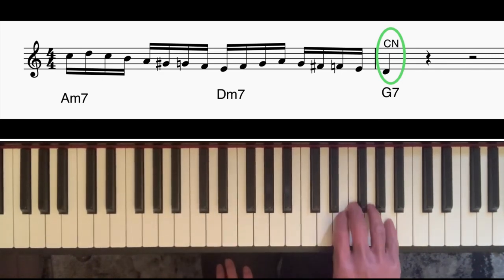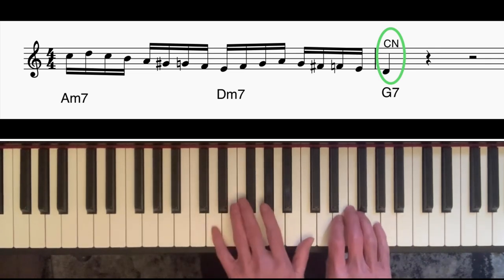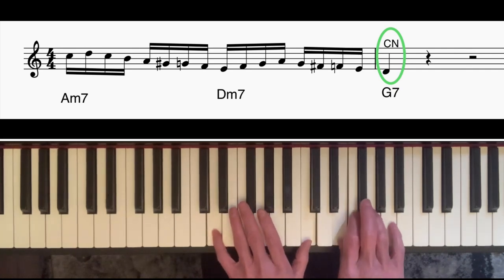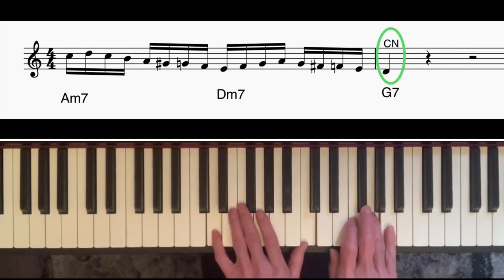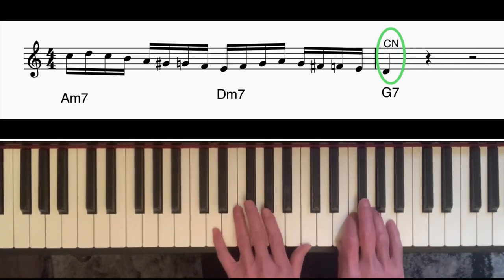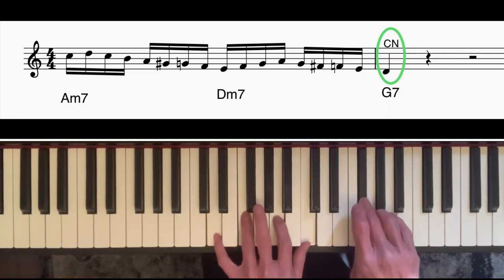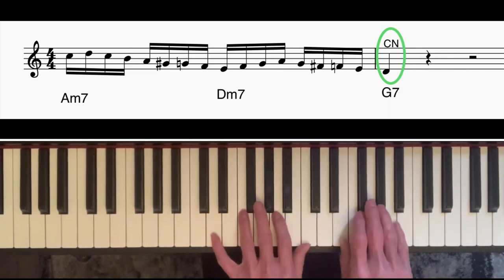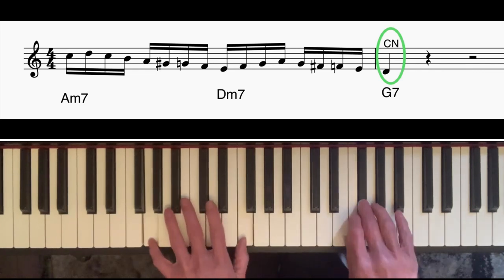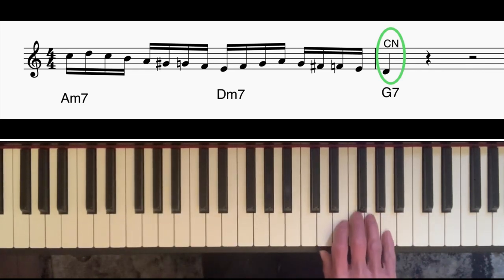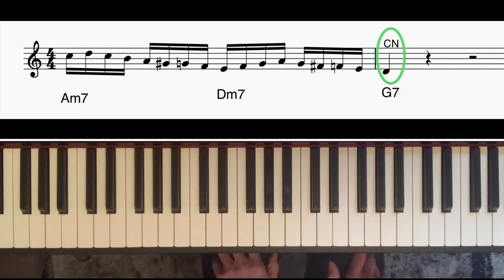You couldn't go straight onto the bebop dominant scale having landed on E, because if you did, you would have done this. You would have ended up with non-chord notes on the downbeat. You would have ended up there, which obviously is going to clash badly with the D minor 7 or with the G7. So if you land on a non-chord note when you're changing chord, this is one of the solutions,